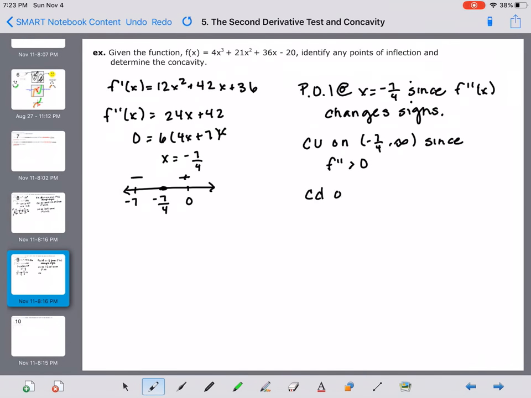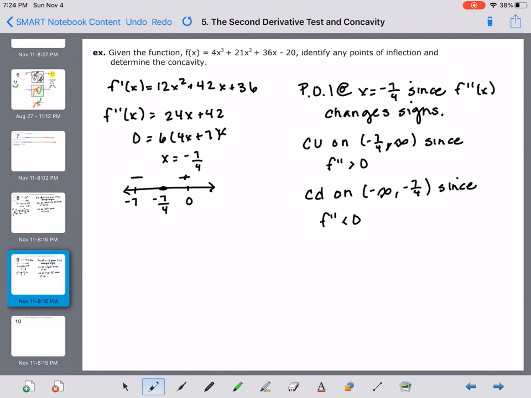Concave down on negative infinity to negative 7/4, since f double prime is less than 0. That is a comma up here, not a negative sign. So it's kind of the same process as we did on Friday, just using the second derivative instead